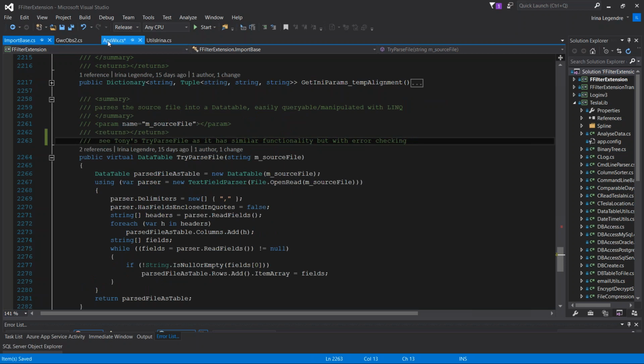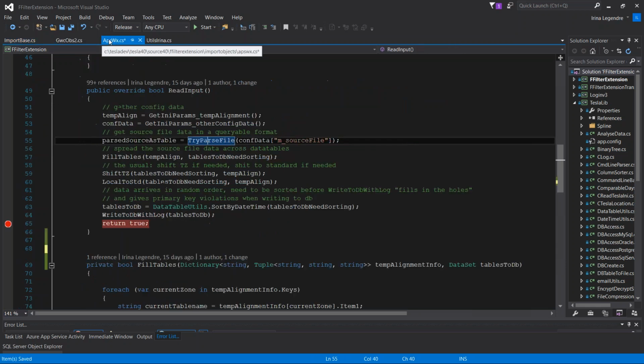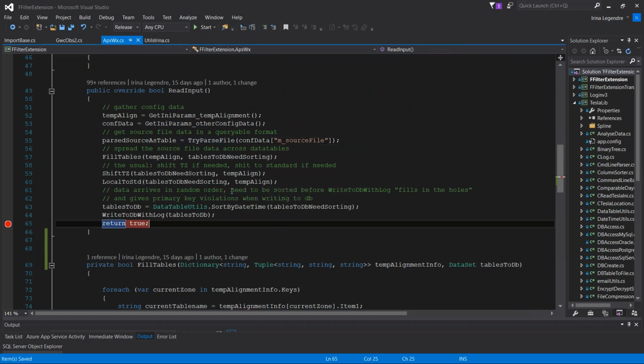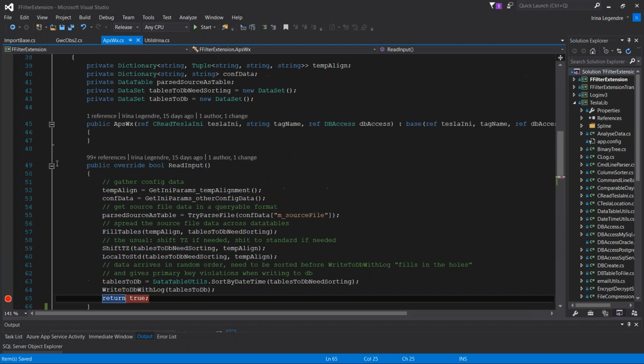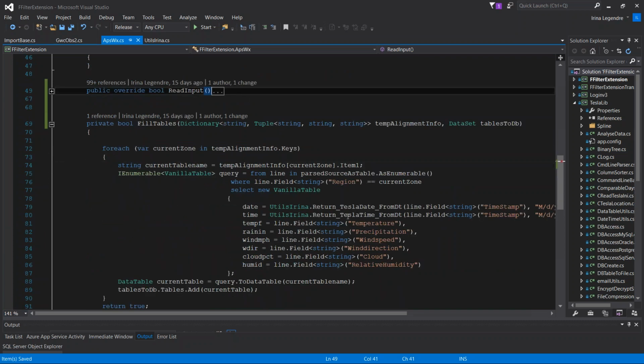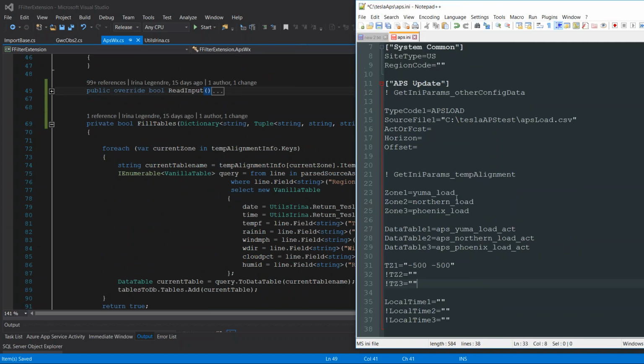Okay. Now, again, this doesn't do any error checking, so I'm going to have to go back and probably implement some of that. But once all that data from the source file is in a data table, we can easily query it and stick it across different data tables that we have specified in our ini file. So if we have a file with 3 zones, zone 1, 2, and 3,